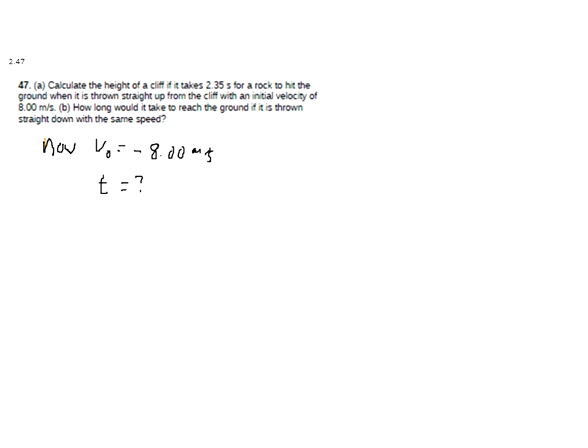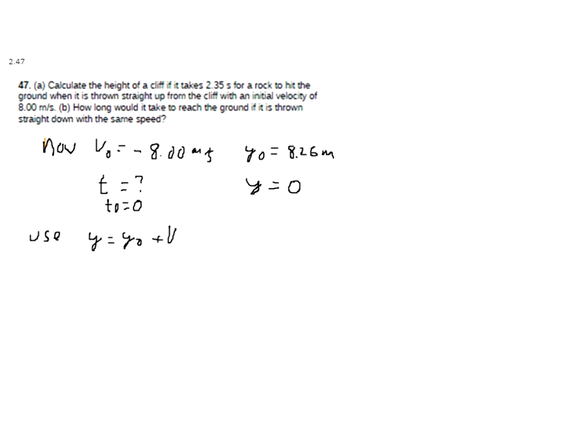Now, T is our unknown, but we do know Y0 is that 8.26 meters. Y is equal to 0. And we're saying that T0 equals 0. So we know the initial values. We don't know time. We know the two Y values. So we can still use